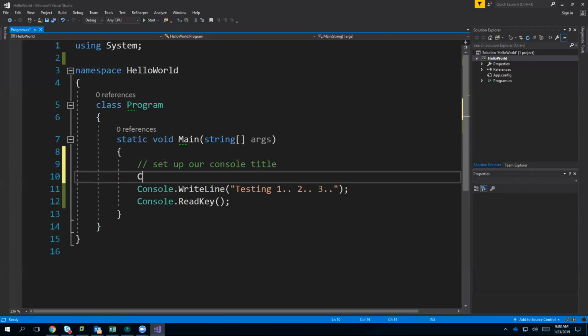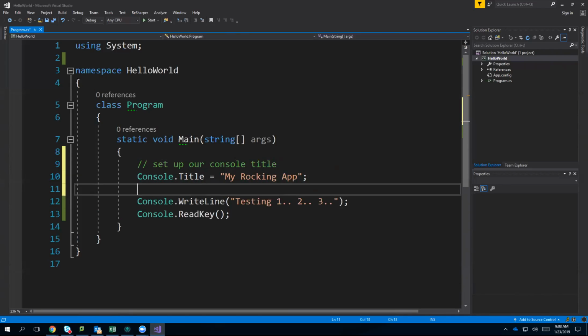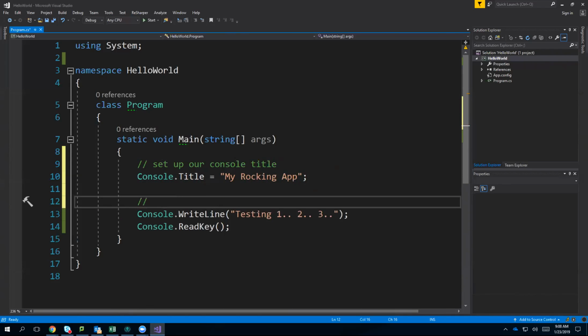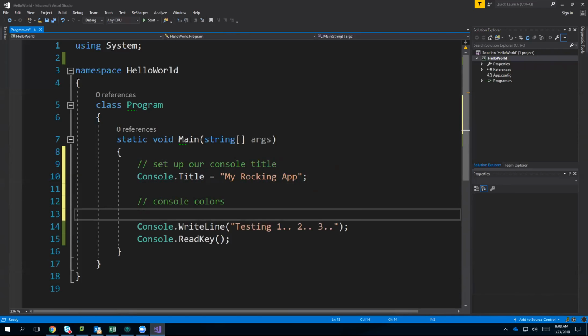Now how I want to do that, I'm going to use Console.Title and I want to set our title equal to, they used my Rocking app. You can change it to whatever you like. That's fine. Now let's try setting up console colors. We can choose Console.ForegroundColor